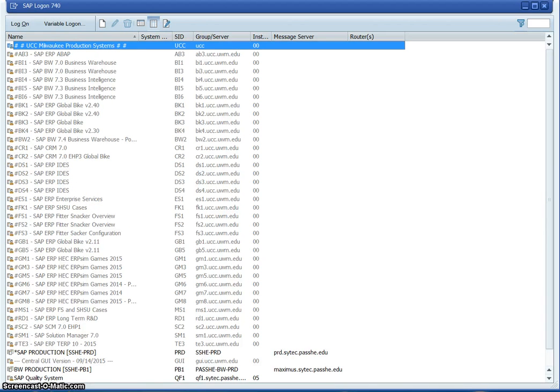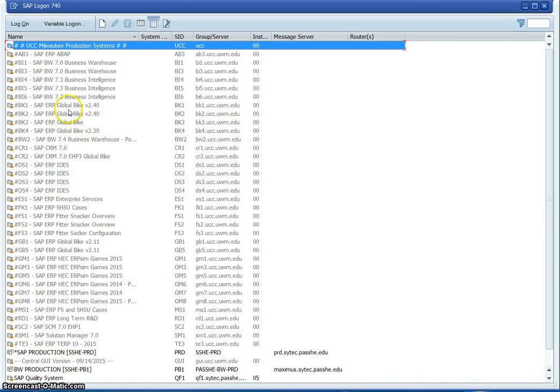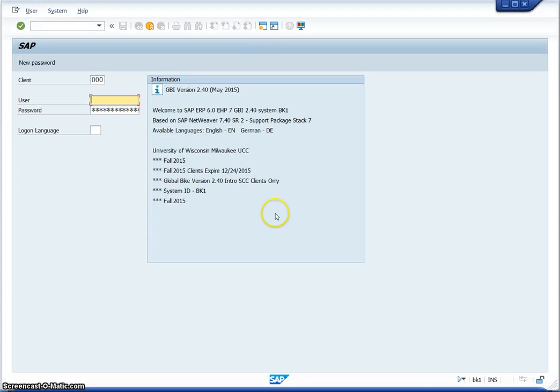Okay, if you go back to the Excel file, the system is the SAP GBI Inter 2.4, and the host name is bk1 uccuwm.edu. So locate this one. Find bk1. This is the right system. Okay, bk1 uccuwm.edu. So double click on this item. It will bring you to the log on system